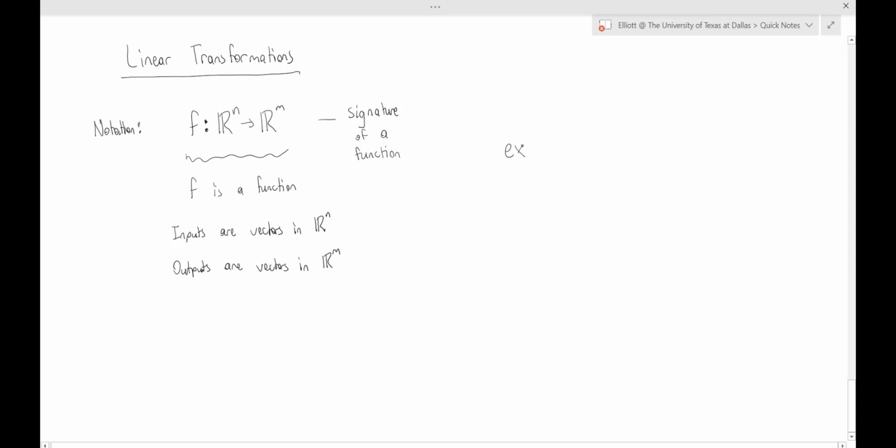So then as an example, if I have a function, say f of x, y equals x squared plus y squared, sine of x, cosine of y, e to the x plus y. Okay. So the signature of this function here